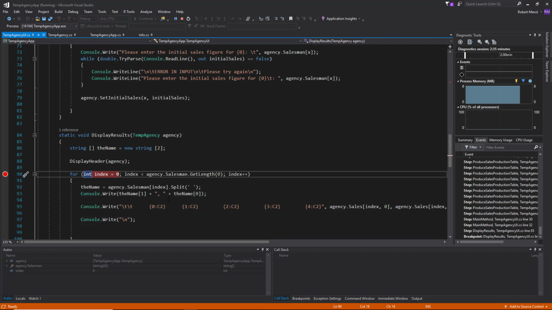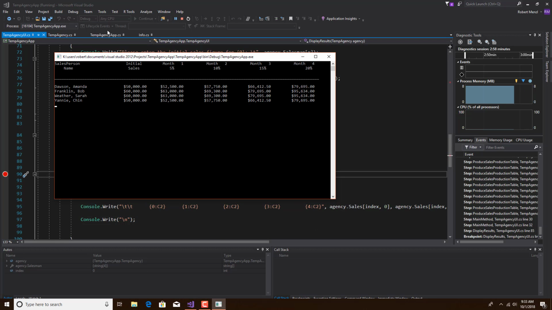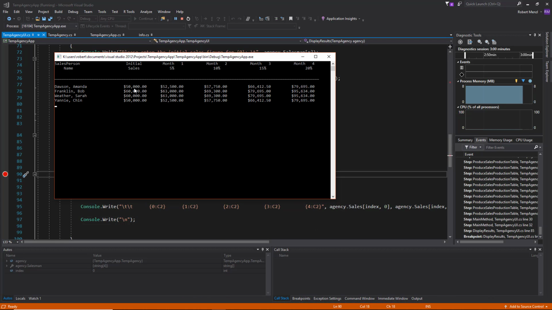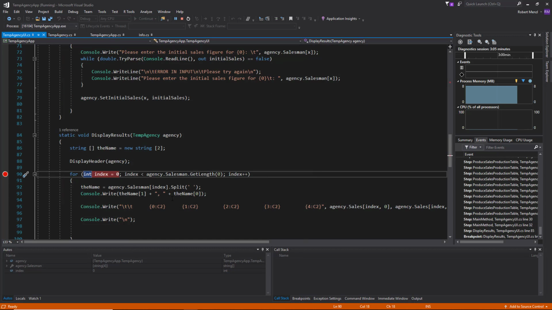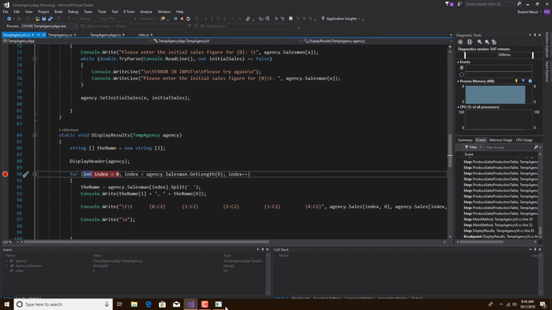And so to write it the other way, I put the last name first, Dawson, then I just put a comma, and then I put the first name. I also put a little space here, Amanda. So this came out Dawson, comma, space, Amanda. And then I put out her information. And notice right here it says 2, so it says only put 2 places past the decimal point. So if I look at what I got here, Amanda Dawson, 50,000, and there's their 2 places past the decimal point. That was C2,